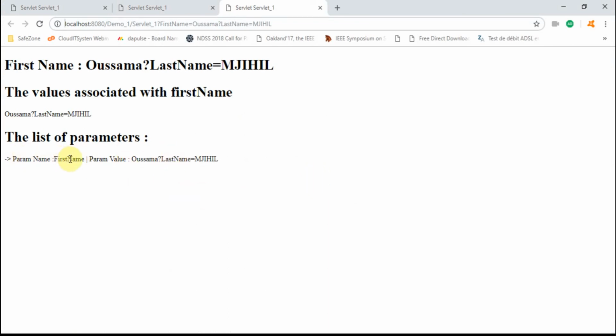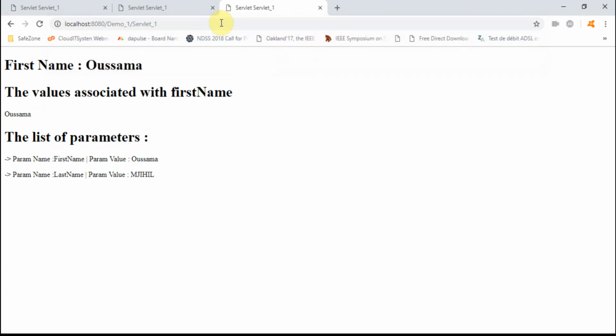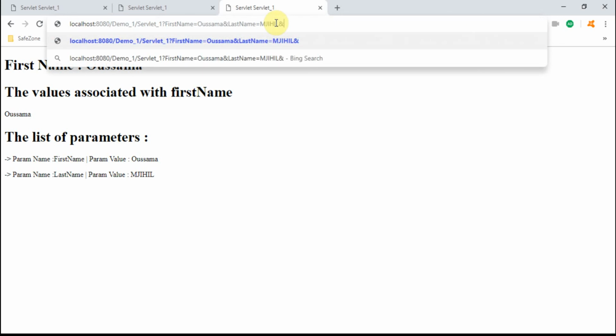Okay, the first name parameter value is Usama, and the last name. There is something here I'm mistaken about, but it's not a question mark, of course, it's the end. And we have here two parameters. So we are now iterating over all the parameters. There is first name and last name, and if we have other parameters, they're going to show up here for sure. So let's add another one like age